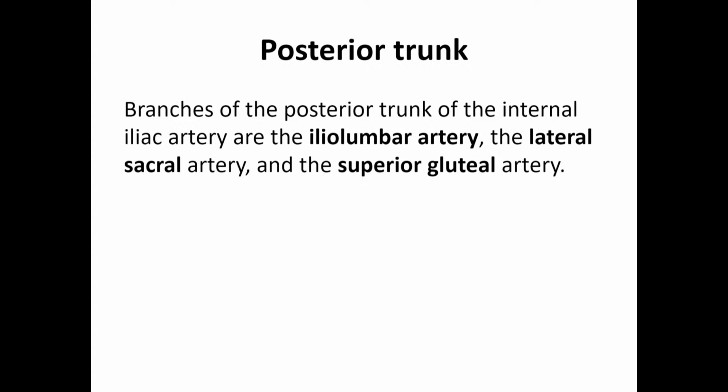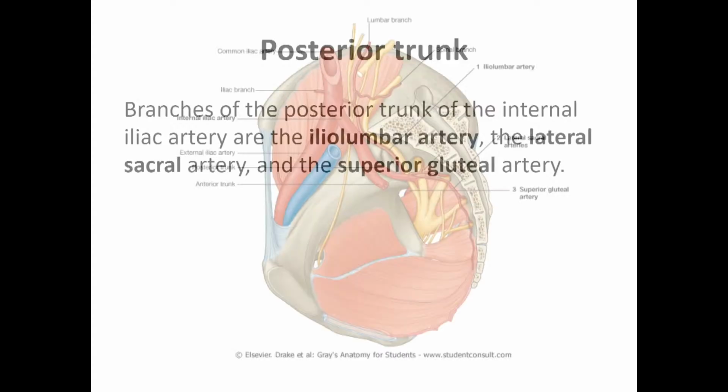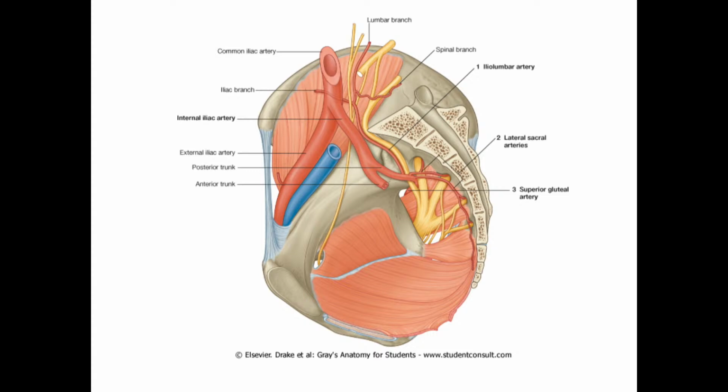I guess the names imply where they can be located, and let's see this photo. Here we have the first branch, the iliolumbar artery, right? We have the lateral sacral arteries here, this one and both of them. And the third branch is not quite visible in this picture, but we see a portion of it, the superior gluteal artery. So these are the three branches of our posterior trunk of the